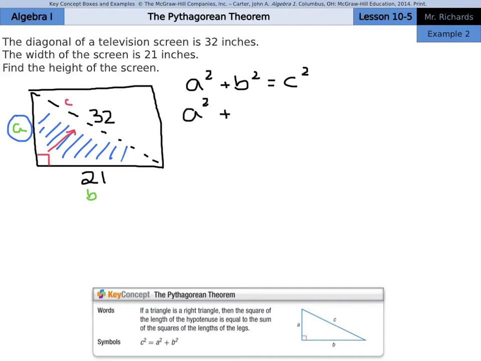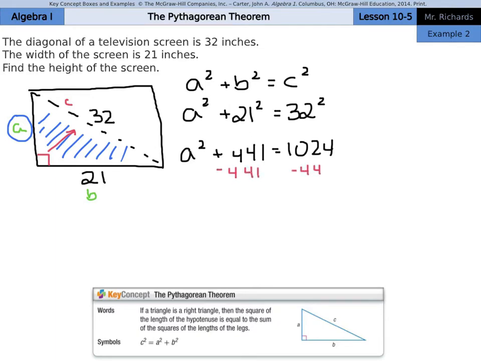We'll substitute in 21 for B, so 21 squared equals 32 squared for C. And now we just solve. A squared plus 441 equals 1024. We can subtract the 441 from both sides of our equation to isolate the A squared. So A squared is equal to 583. Next, we can take the square root of both sides